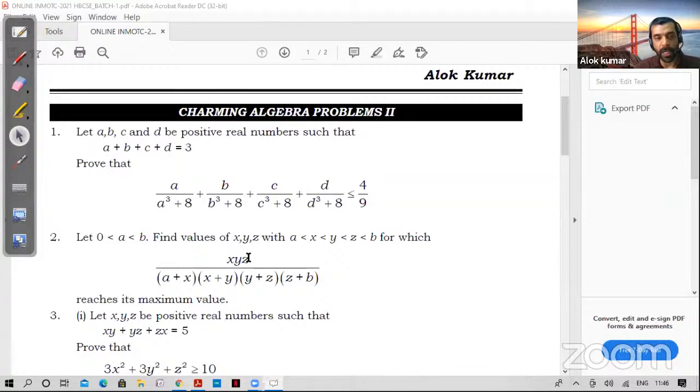So of course you know that these are the things that people are being asked all over the world. So let's do this one. This was asked in Singapore, and later Romania also, this kind of question. So I have written it in general form, 0 less than A less than B. Here, what's the catch? So you have to find the greatest value of, let me write the expression for xyz,